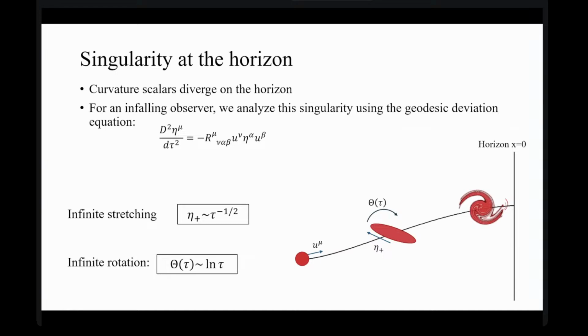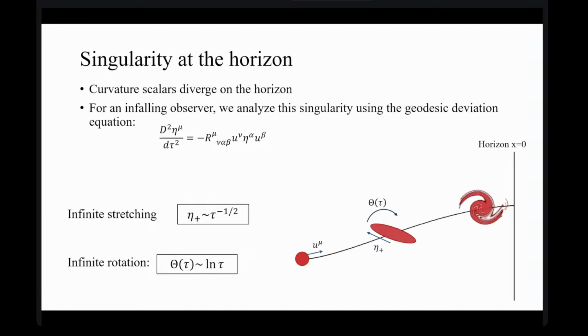And the next question is, how does this singularity actually look? To do that, we use the geodesic deviation equation. So we take some infalling observer with some velocity u, and the deviation vector a from u is just the distance between the components of the system to this black hole, and the equation here is the